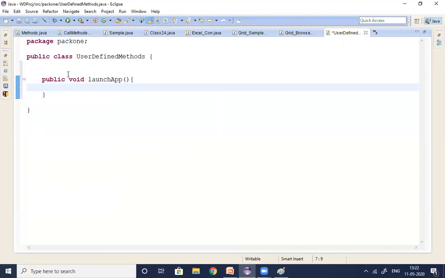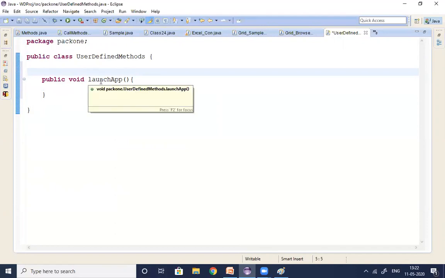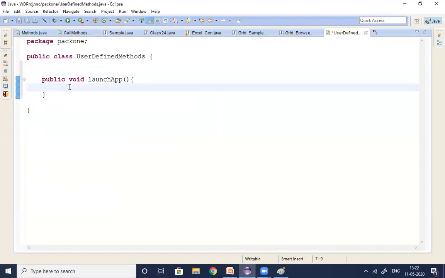So inside the method, we need to write the code to launch the application. But remember, guys, in projects, we are not directly supposed to write the methods like this. Yes, this is correct, it will work, but we need to add some spices to the methods, guys. Technically this is fine, we can write the method and call the method, but process wise, we need to add some spices to the method. So what are the spices we need to add to this method, guys?